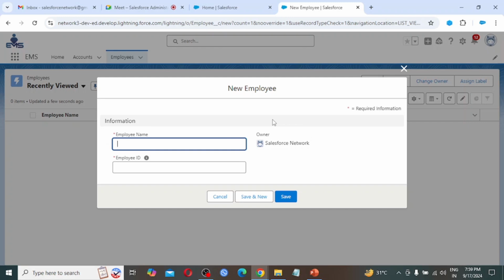Then in tomorrow's session we are going to see how to create an object as well as fields with Schema Builder. So tomorrow's session is again an important one. If someone has not attended yesterday's or today's session and attends tomorrow's session, that is going to cover both sessions. So tomorrow we are going to create a custom object as well as custom fields by using Schema Builder.